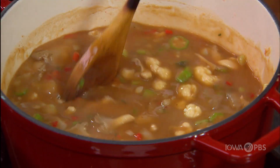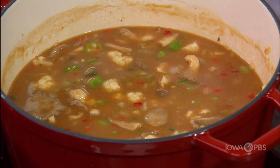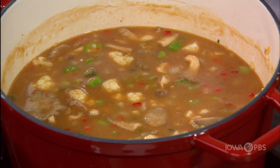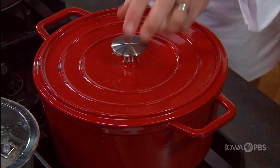So once we close that lid, how long do you let it simmer before it's time to eat? You know, it's one of the most challenging questions for a chef to answer because my stock response will always be until it's done. So I'm just going to have to say maybe 12 minutes, 13 minutes at a very low simmer like this. The longest piece of produce in there to cook will be the cauliflower. But happily,